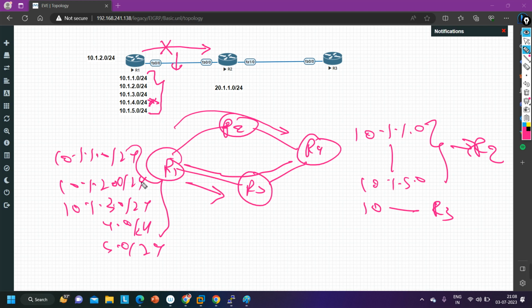Or let's say I don't want to advertise these individual prefixes from router number 2. So what I can do is advertise a summary address of these prefixes from router number 2. So it will not advertise individual prefixes via router 2. You will understand when I configure these things, right? That is how we can achieve path manipulation as well. Okay. Any other advantage, guys?